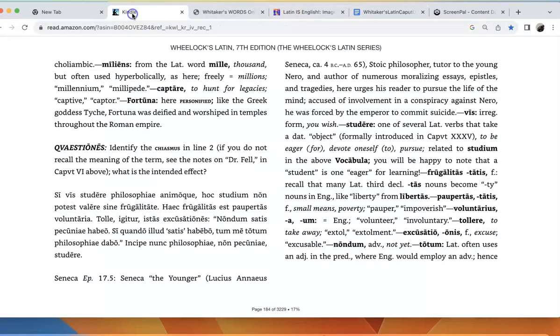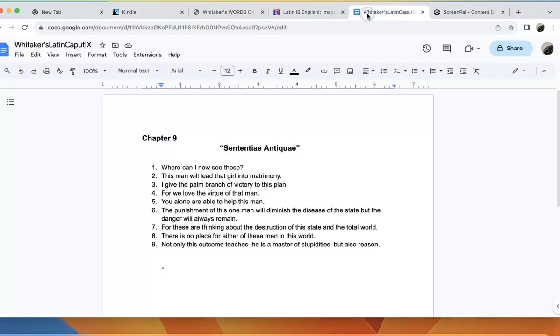This is entitled, doesn't really have a name, so let's call it Seneca. All right, let's get this organized here. Okay, so